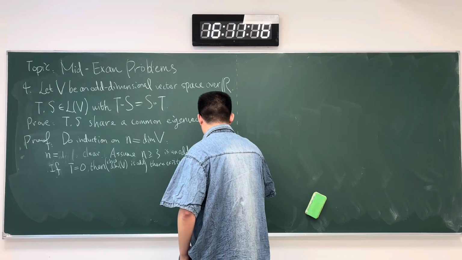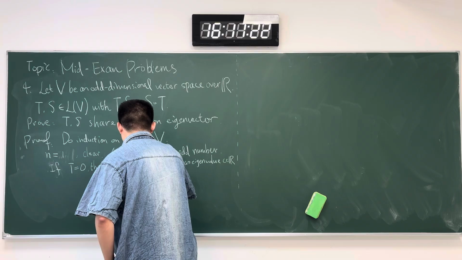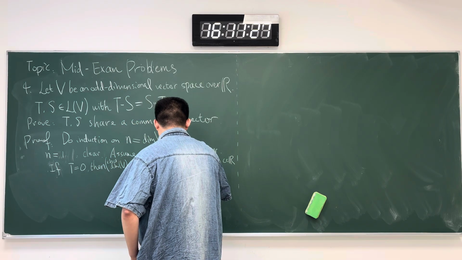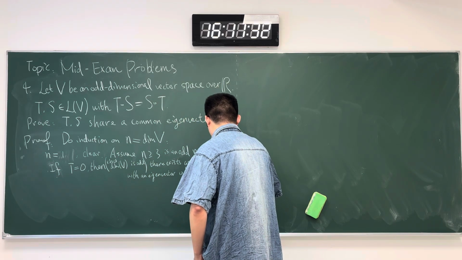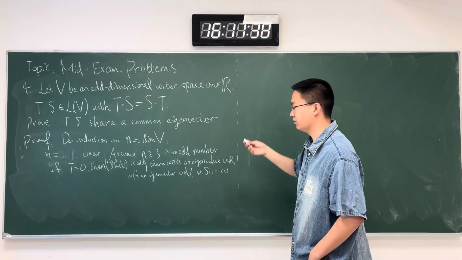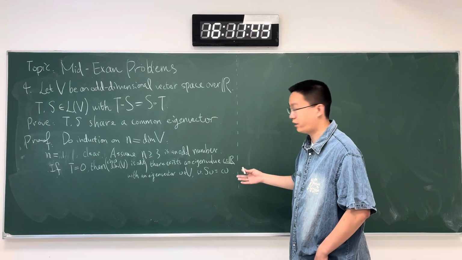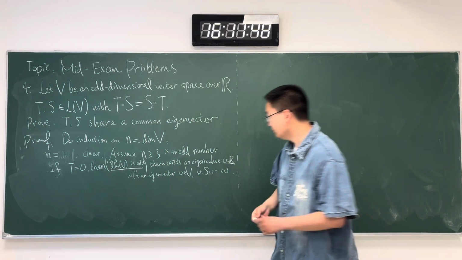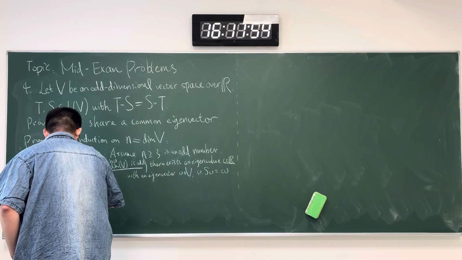Say c in R with an eigenvector v such that Sv equals cv. So you may take this v to be the common eigenvector of T and S. And the existence of this real eigenvalue of S is due to the reason that the dimension of the vector space is odd. Now, if T is invertible,